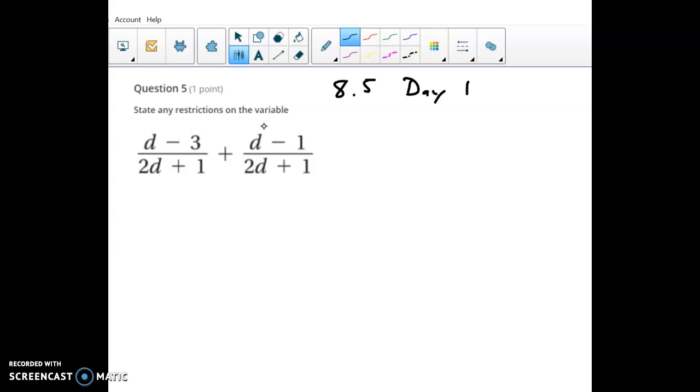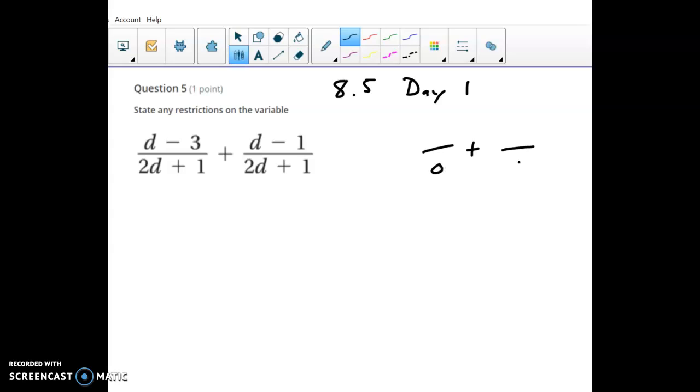Okay, this is number 5, 8.5, day 1, stating the restrictions, right? So I'm assuming we already added these together. That part, you just combine the numerator to keep the denominator. But as restrictions go, in any sort of fraction question, the restrictions are when is this